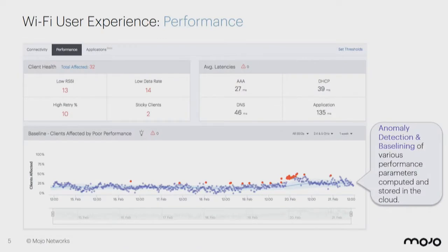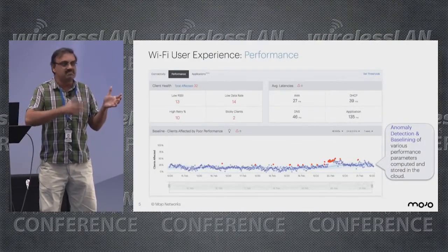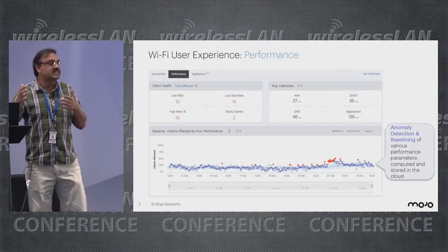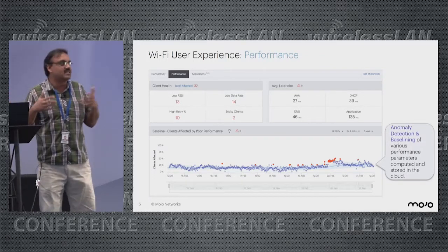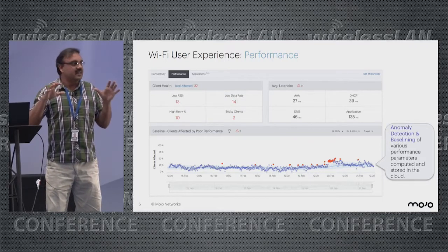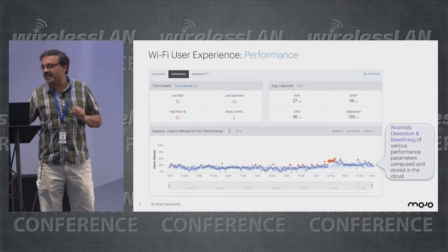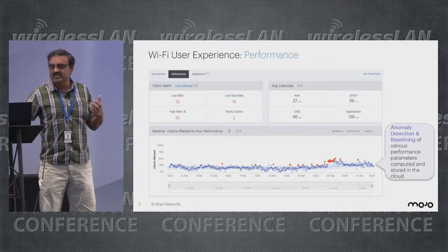Now coming back to the performance aspect of Wi-Fi. There can be several reasons why a client can experience poor performance. It may have connected properly, but there may still be issues accessing the web. It may be very slow and so on. That's why we say that the Wi-Fi sucks, right? We want to understand why this can be happening, and we store a lot of useful parameters about the client and the traffic flows in our system.